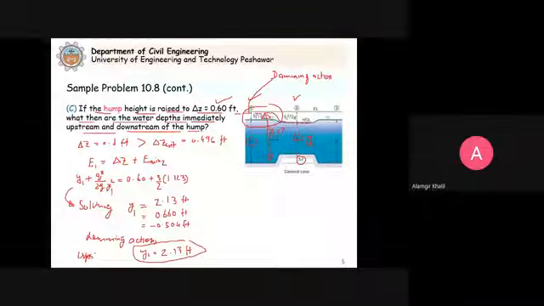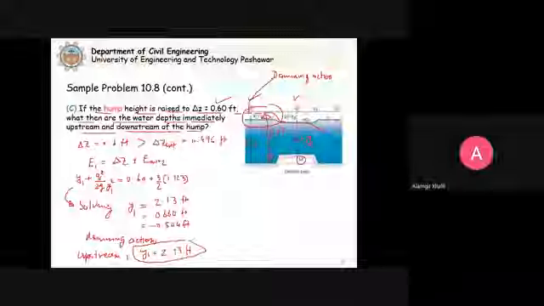So the upstream depth, that is Y1, that is Y1 is equal to 2.13. Now, what will be the downstream depth here? It says that when it passes through the critical depth here, so what will be this depth here, immediately downstream of this? Now, immediately downstream, what will happen is that